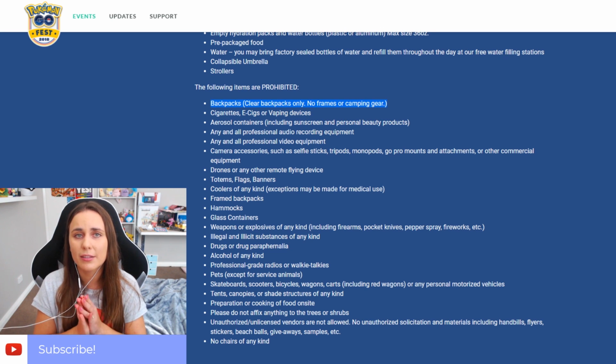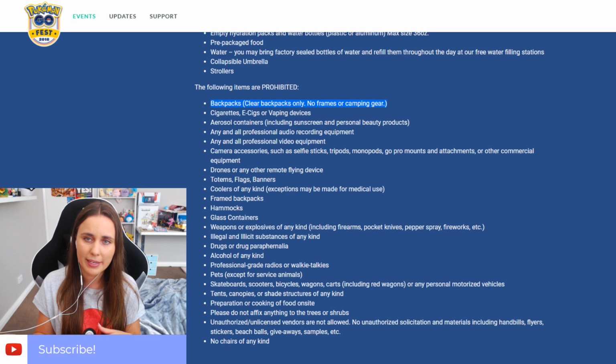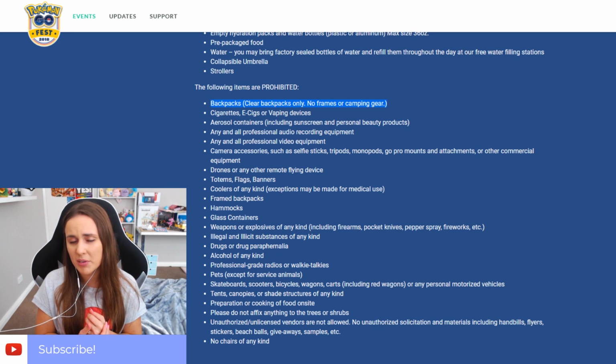Snacks, you're going to want to bring a decent amount of snacks. I don't know what the setup is for. I know you can leave the event to go get lunch and come back, that kind of thing, because it does say you can leave and come back in, but anything can happen. There will be food vans apparently in the park as well, but if you've got special dietary requirements or if you just want to be able to go on without having to stop too much, bring some muesli bars,